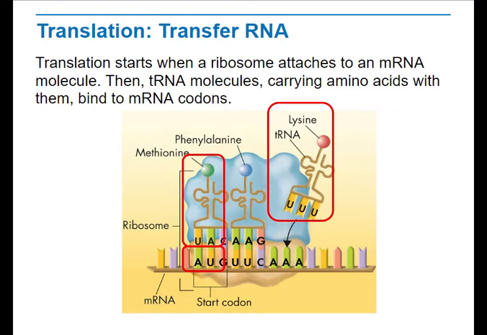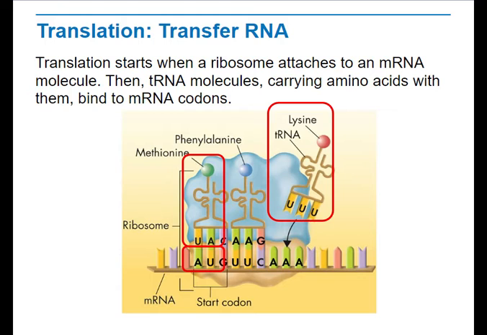We see that the anticodon for methionine is UAC. So AUG is the codon. A always has a complementary base of U. A and U form base pairs. C and G form base pairs. So if the codon is AUG, then the anticodon must be UAC. And every tRNA that has UAC as its anticodon is going to have methionine attached to the other side of it. So if we look at some of these other tRNAs, we see that the